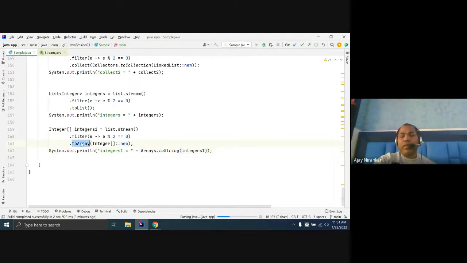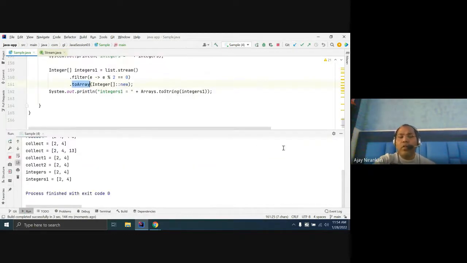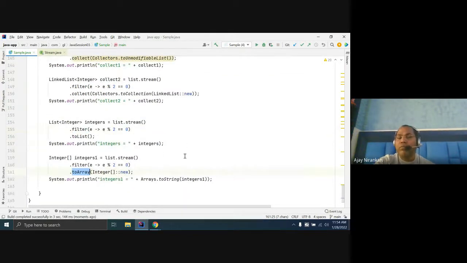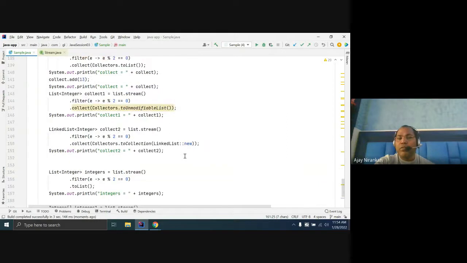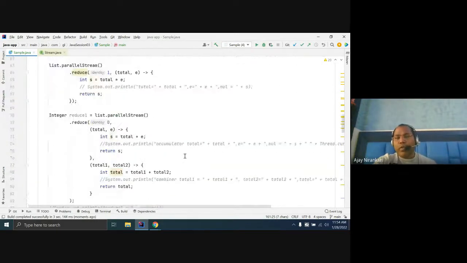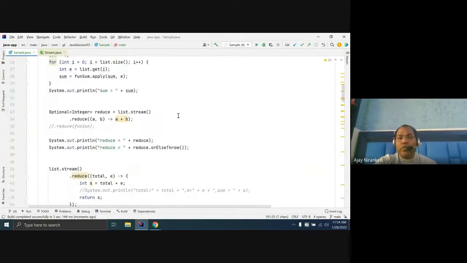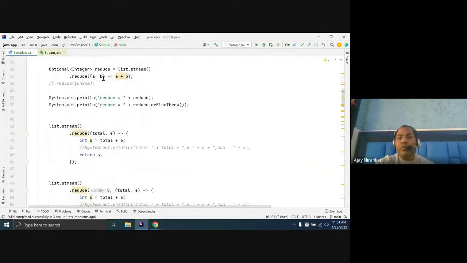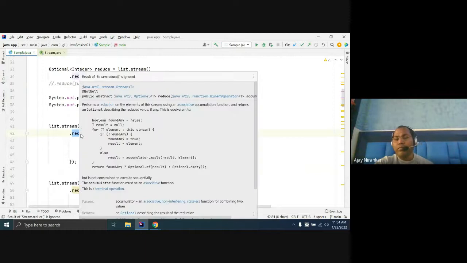So day by day, Java is doing lots of improvements, and we have to know the best way to write the code. So I hope it will help you to know how the reduce function works and what alternatives we have instead of reduce.